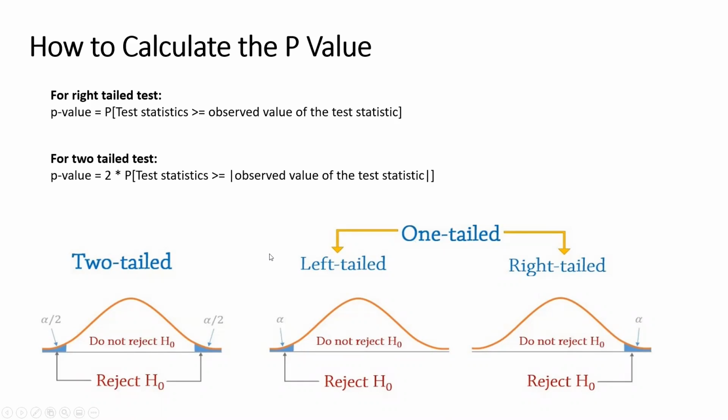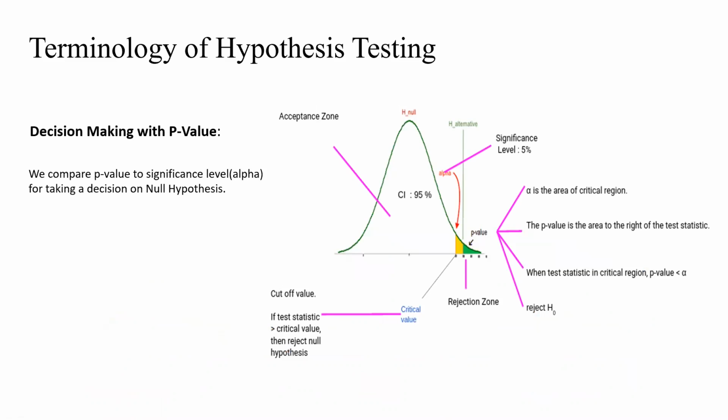Now let's assume once you have the p-value, how do we make a decision of rejecting or accepting the null hypothesis? Don't be overwhelmed with the diagram on the right. We will come to that. It's everything that we just discussed so far. Let's assume you have a p-value. Now focus on this particular region on the right side. The yellow region, from the rightmost corner to the yellow shaded region, is basically your significance level, and this particular point is your critical value. We know what the critical value is, and that is the rejection region.